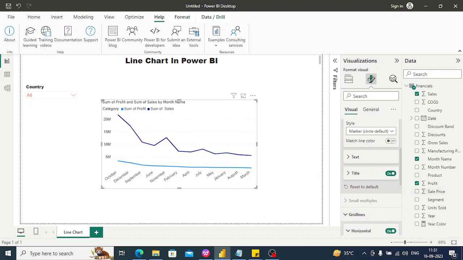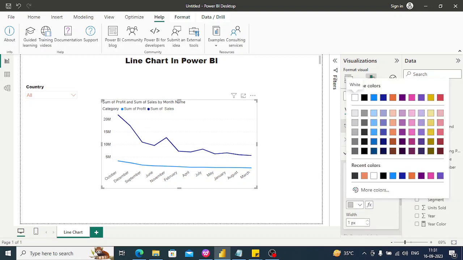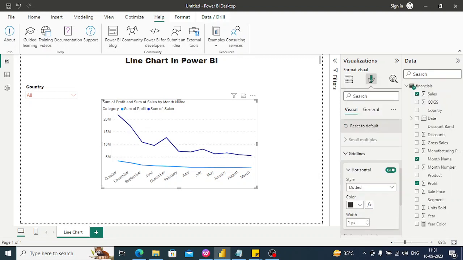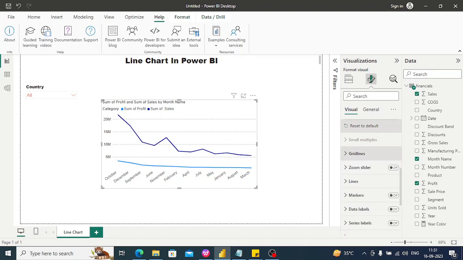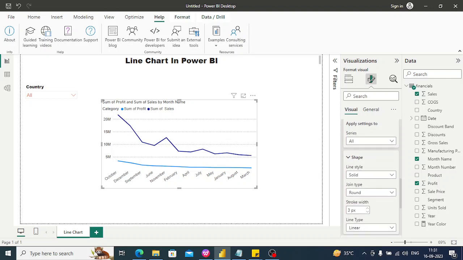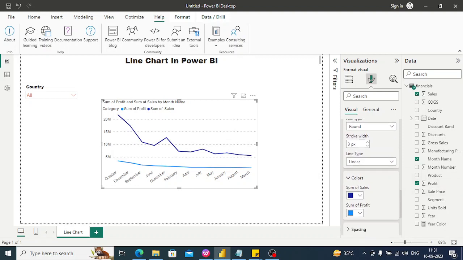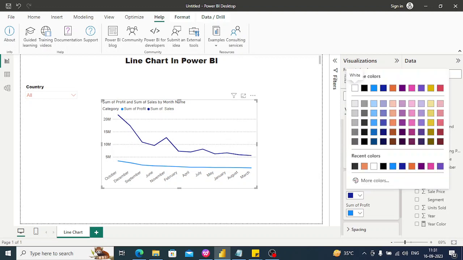Grid line, we have already discussed grid line in our previous video, so we can just use this one, and we can increase the width to one. Okay, now we have to change the color of the lines. So for sales, what color we need to choose? We need to choose one color,